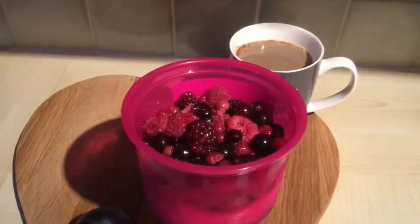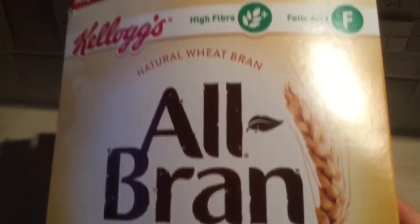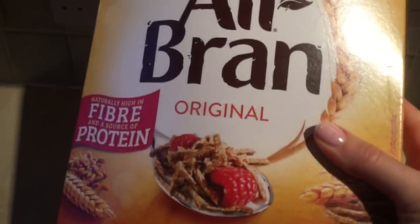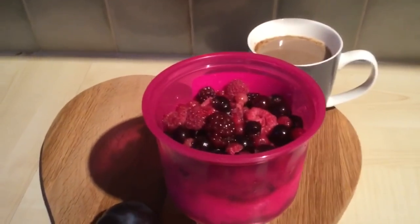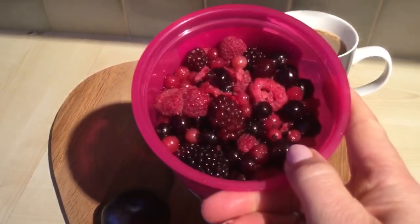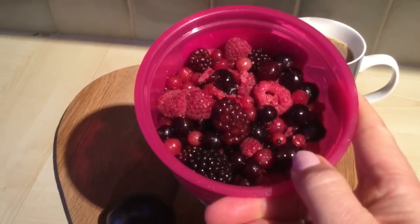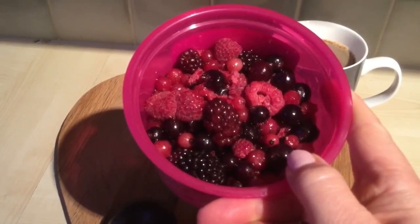I have put, let me just grab them, 25 grams of old-fashioned normal All-Bran, which is high fibre. So 25 grams is half your healthy B. So I've got two halves of my healthy B in here. Then I've put a tiny bit of quark. I've put half a banoffee pie Muller Light, a teeny bit of salted caramel skinny syrup, and then some frozen berries,